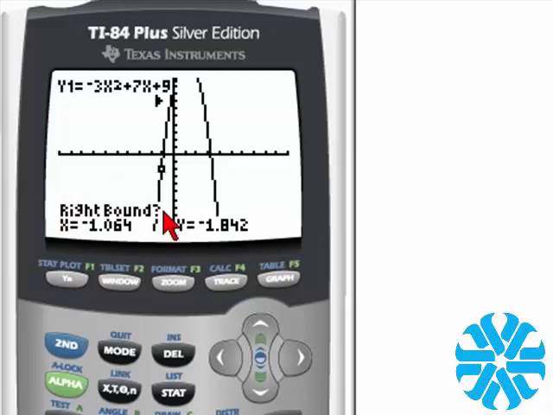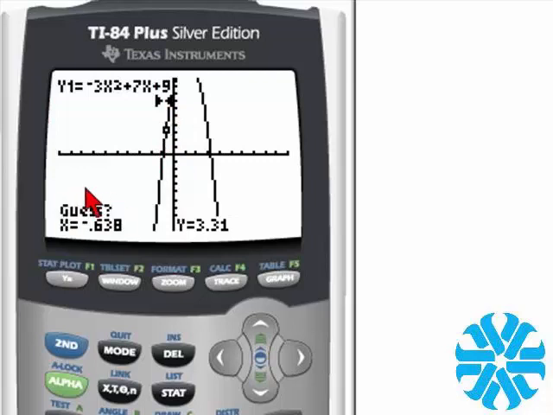So what that means is that we need to move the cursor to the right of the intersection point. So anywhere this way, we need to move the cursor. So as we move up, if this is the intersection point there, you can see that the cursor is a little bit to the right of that intersection point, so we're okay. Notice that it put a little arrow here when we selected the left bound. So now we're ready to select Enter,